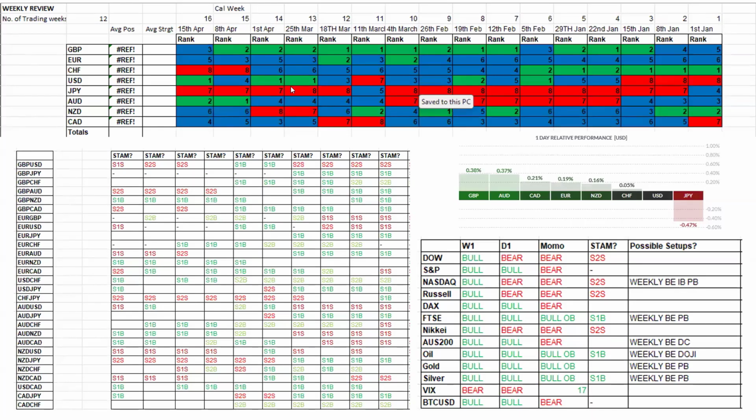So here we are. Let's crack on with the main element of our piece today. This is the STAM. I appreciate that if you're new to trading or new to the session, it might appear a little strange or overwhelming, but not really, not once you've watched it for a few weeks. It's the work I do at the weekend, which gives me an indication of where the strength and weakness are within the FX markets, and also indices and commodities.